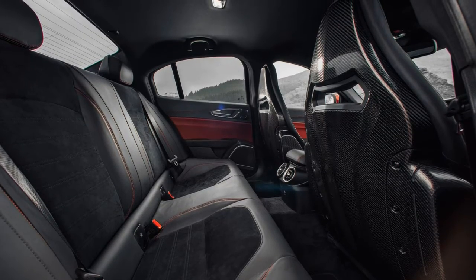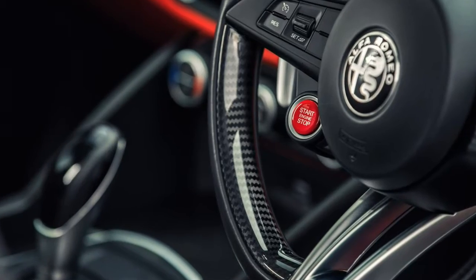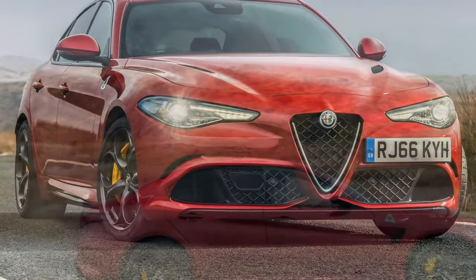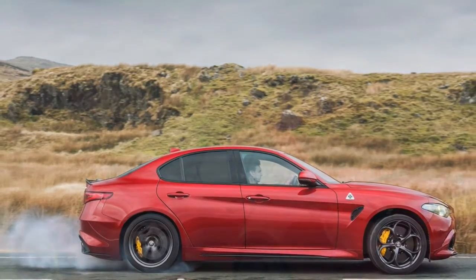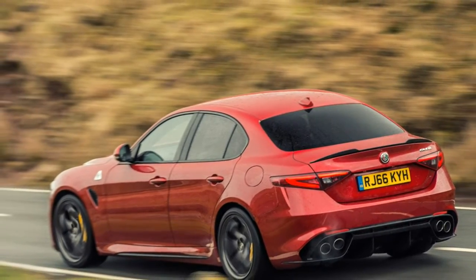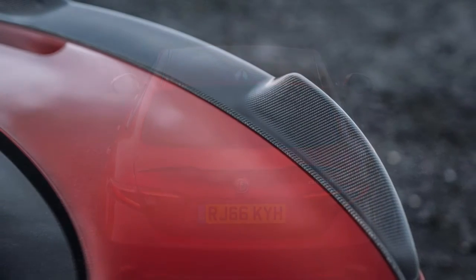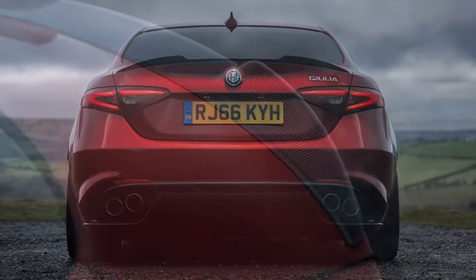Decent standard spec, upgrade to super, special and Veloce. Company car drivers are catered for with the well-specced Technica. Finally there's the super hot Quadrifoglio performance model. There are 4 basic trim levels on offer: standard Giulia, super, special and Veloce, plus the stand-alone Technica and Quadrifoglio versions. Standard Alfa Romeo Giulia saloon equipment: base spec cars are simply called Giulia and come with 16-inch alloys, Alfa Connect on a 6.5-inch screen with radio, MP3, USB, and a Bluetooth 8-speaker audio system, DNA driving mode selector,